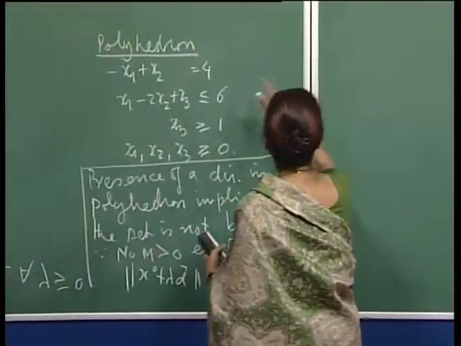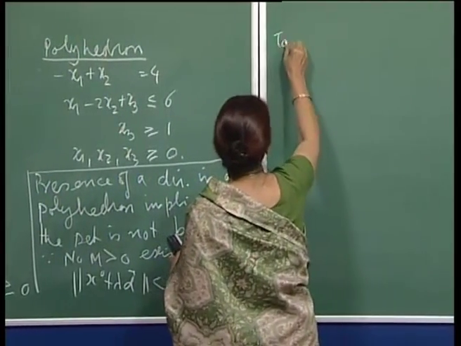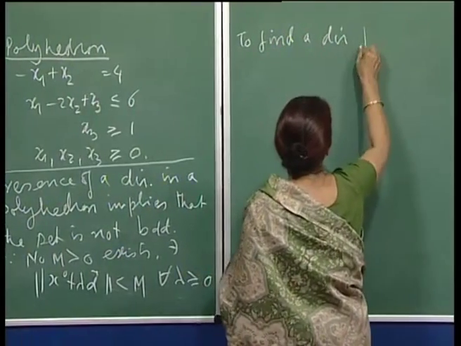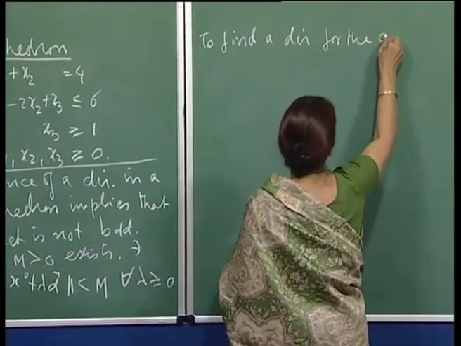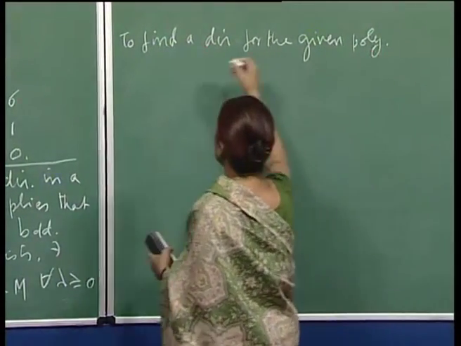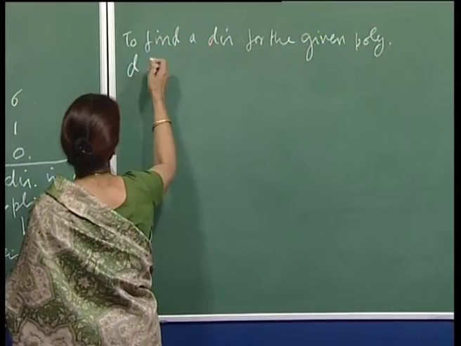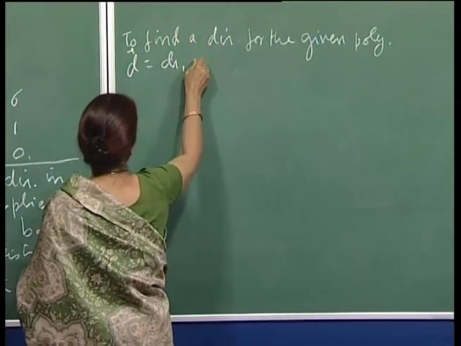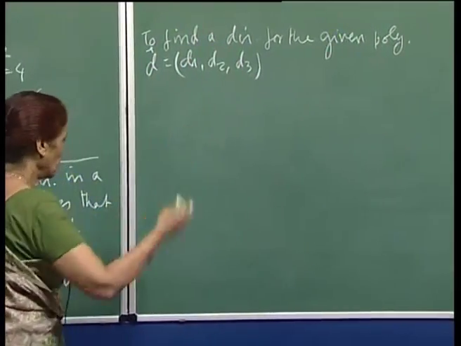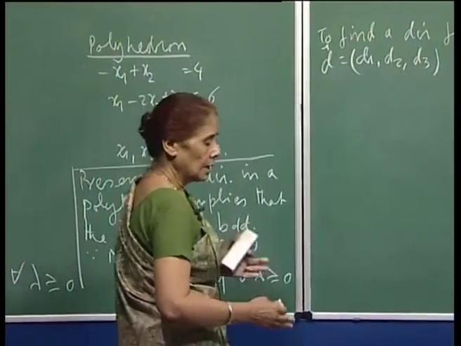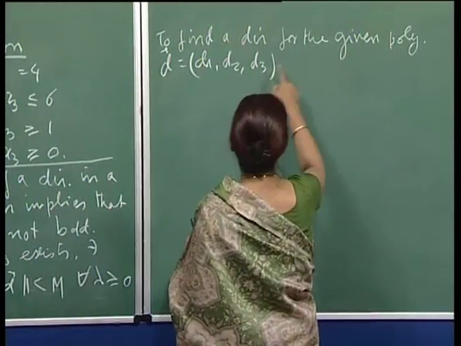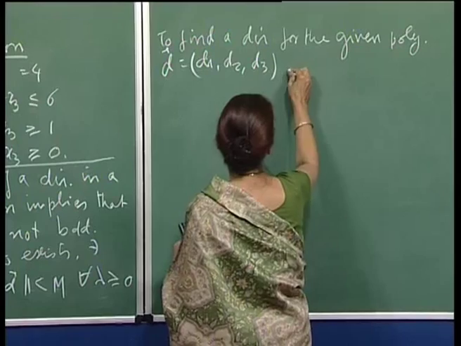So, to find a direction for the given polyhedron, d, which is d1, d2, d3, and I will write it as a row vector, it does not matter, but I understand it is a 3-tuple. To find the direction for this given polyhedron, d should satisfy